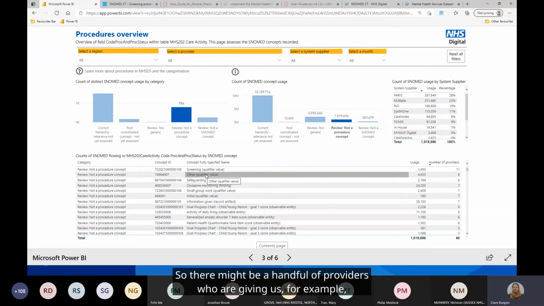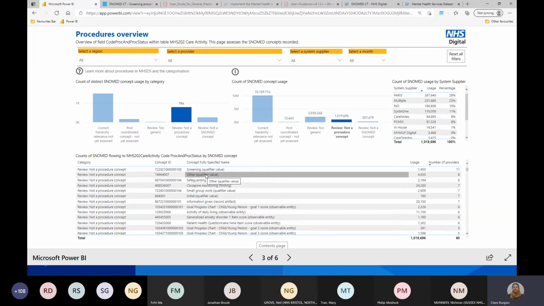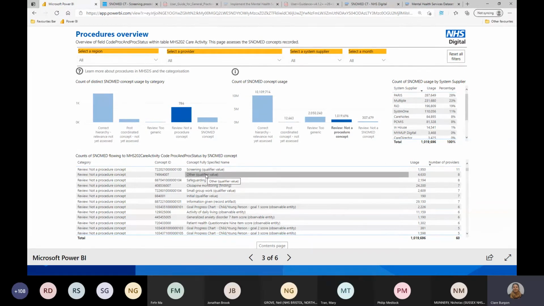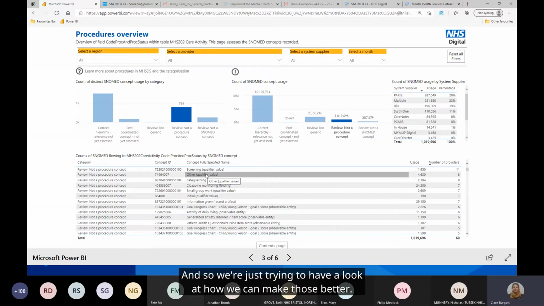There might be a handful of providers who are giving us, for example, for one care contact, several SNOMED concepts because you've done several things, and if we were to look at them in one big block, it would make a little bit more sense. But we're not seeing that as a general habit of providers. What we're more seeing is the same concepts used over and over again, so we're just trying to look at how we can make those better. So we're looking at everything in isolation at the moment.